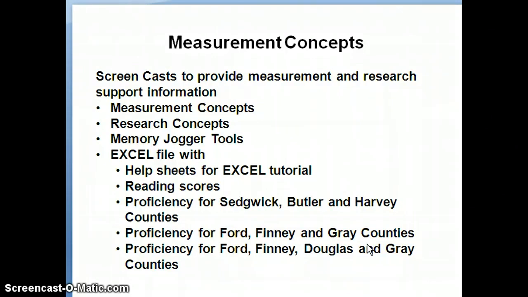Let me explain what's going to be happening and what's going to be available to you. The first one, which I'm going to be doing right now, is called measurement concepts. And it's part of a set of 4 screencasts. The next one in order that you'll want to look at is research concepts. The third is memory jogger tools. And then finally, there is a 4th video, and it will be in reference to an Excel file that will